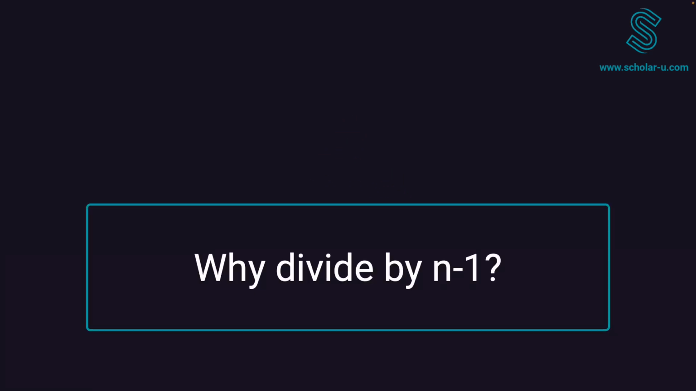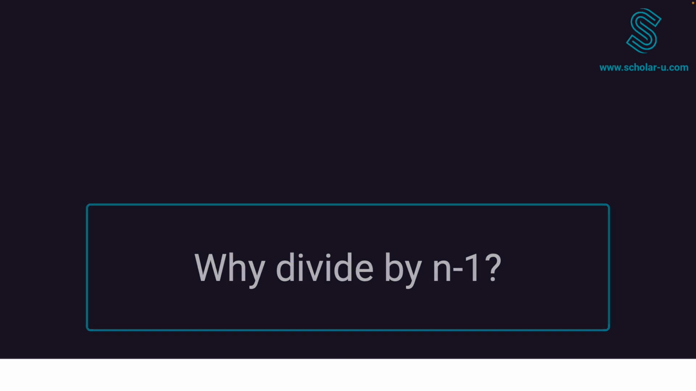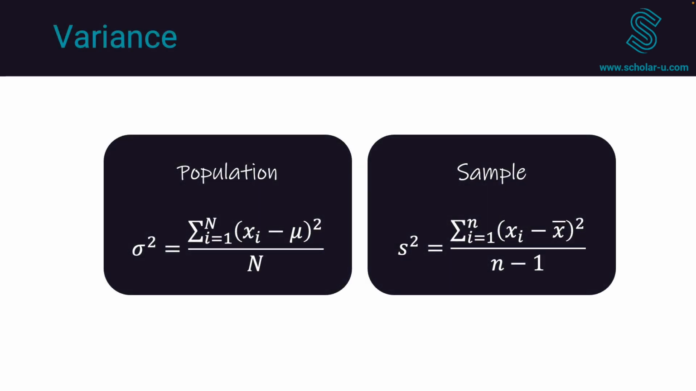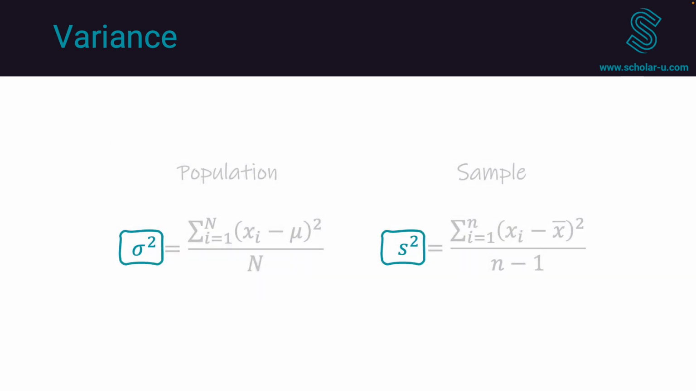Why do we divide by n-1? In this discussion, we present the equations for variance, distinguishing between the population on the left and the sample on the right. Several key distinctions exist. The population variance is denoted by sigma squared, representing the true variance of the entire population, while the sample variance